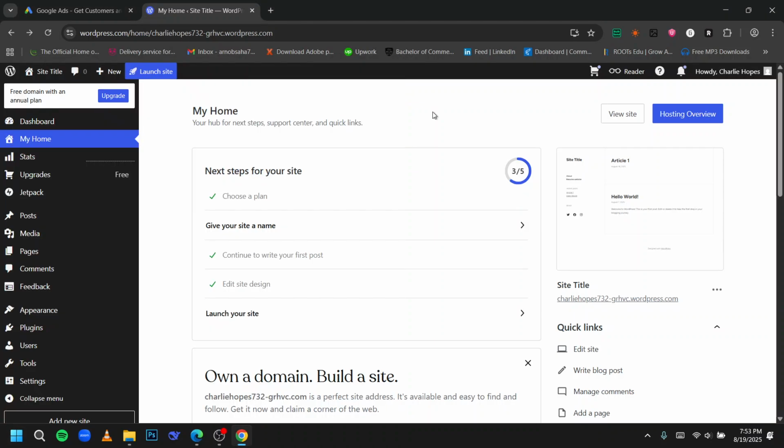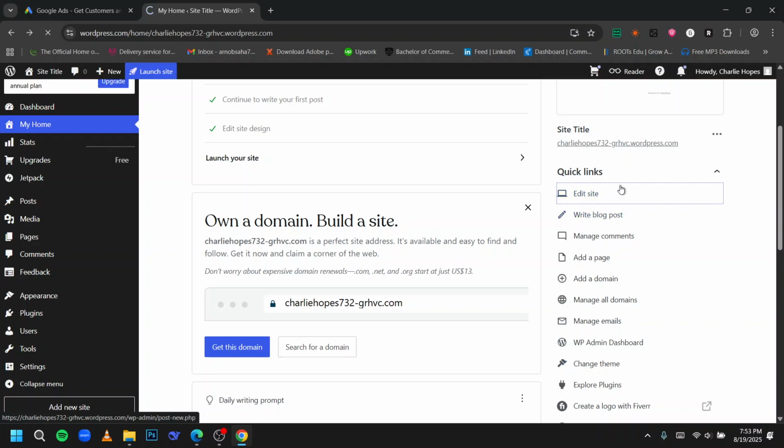After that you have to simply go to www.wordpress.com in the search bar, then simply put in your login credentials there, and once you put your login credentials there, it will simply take you to this page. From here what you need to do is simply click on the edit site option here in the right hand side of the quick links, and it will simply transfer you to another tab where you will get the